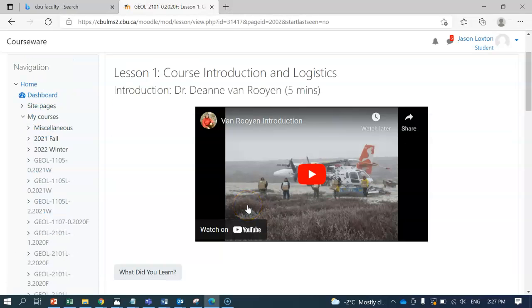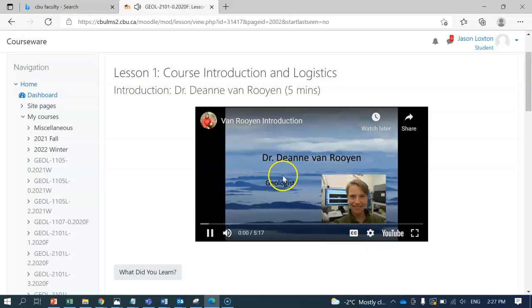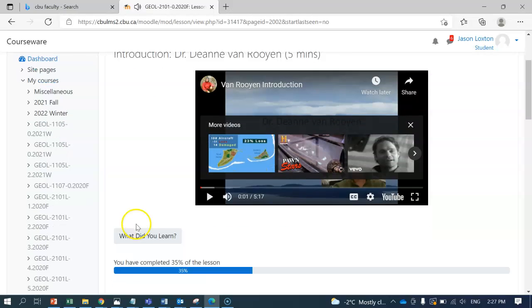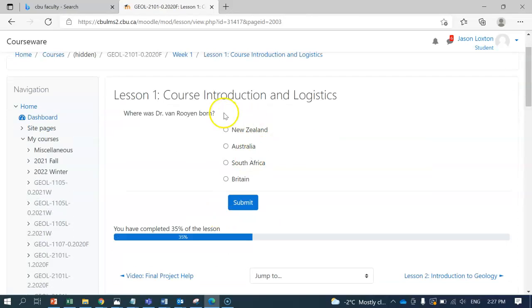So here's quickly what it would look like from a student perspective. Here is the video, and you can start playing this here. You can add closed captioning, etc. And from there, at each step, the student is prompted. We put this little progress bar, that's optional. And you can jump on in, and then you get to these multiple choice questions where you get to answer questions